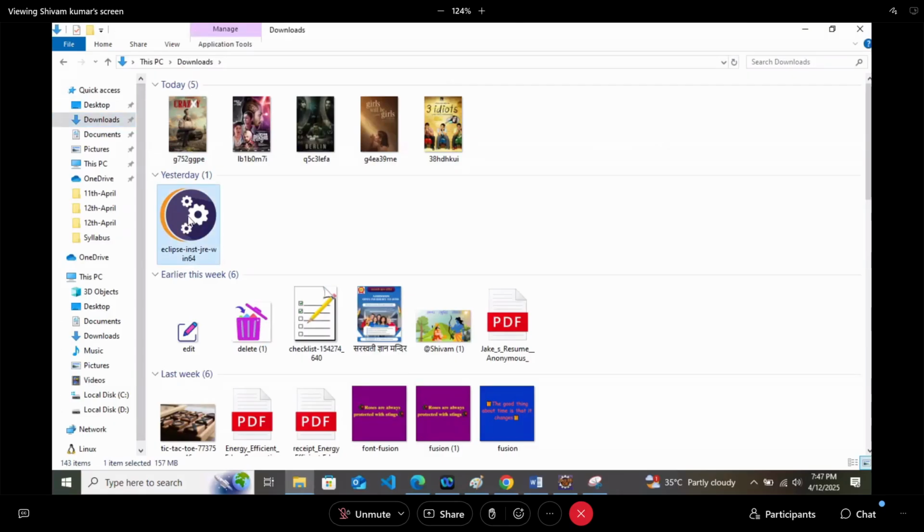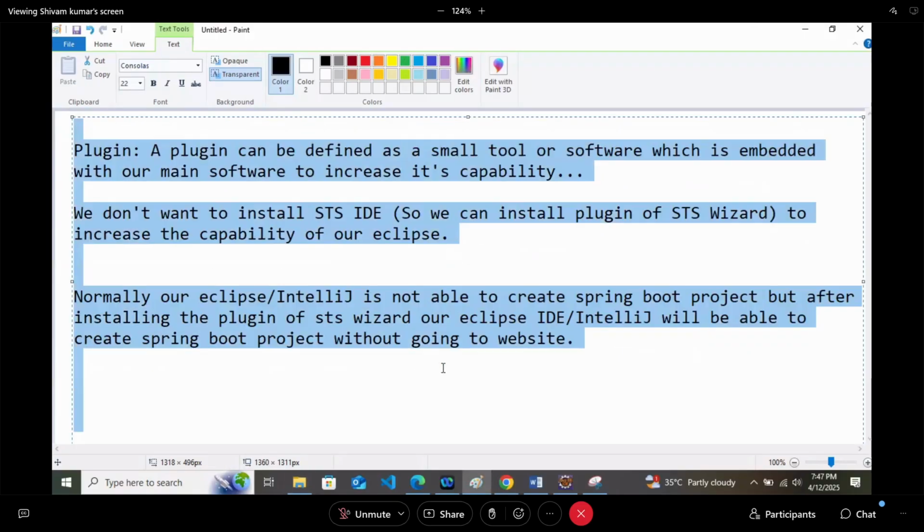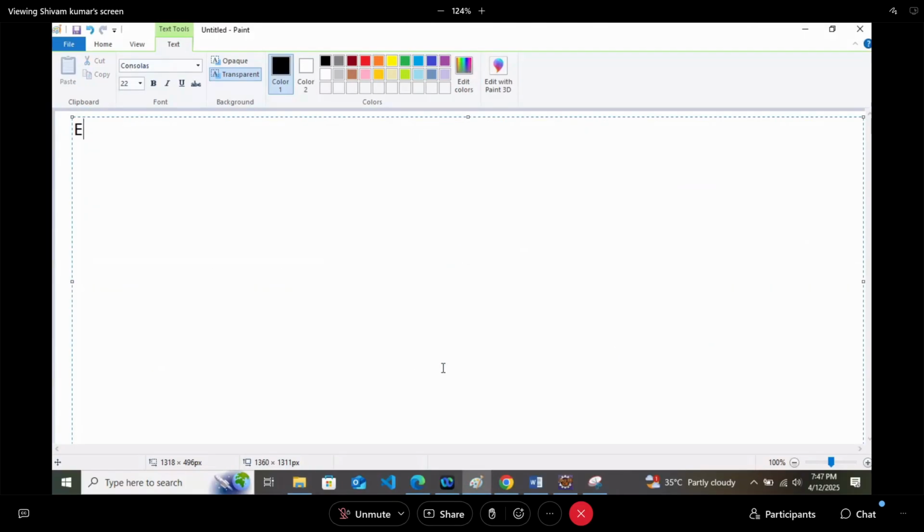In that case, when you are installing the IDE, you will get options like this: Eclipse IDE for Java Developers. Generally, your IDE is installed by selecting this option. So if you have installed the IDE by selecting this option, you will not get the Marketplace option.